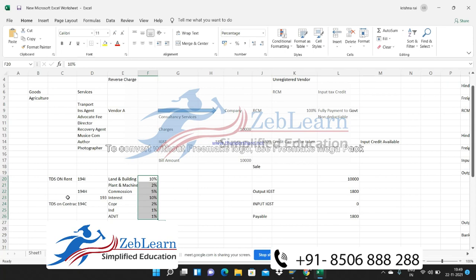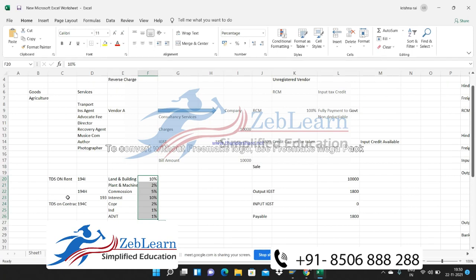In RCM, that was the reason behind it. There are so many vendors, so many persons who are unregistered or who do not have a proper structure in place. So on the corporate the liability is assigned: you need to pay GST on their behalf.